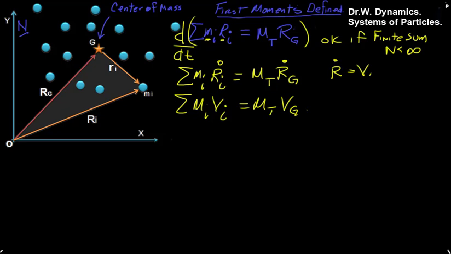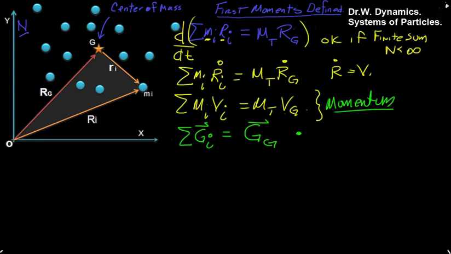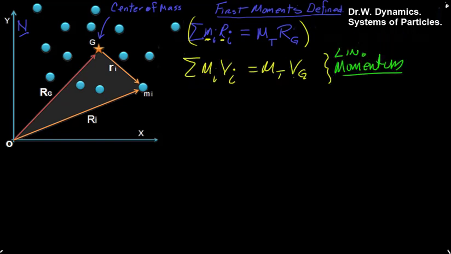And if we look at it, we've seen mass times velocity before. It's momentum. And what this says is the sum of the individual momentum is equal to the total momentum of the system itself. So it's interesting that taking the derivative of the first moment, we come up with the momentum values for the system itself. Continuing on, we can take the derivative of the